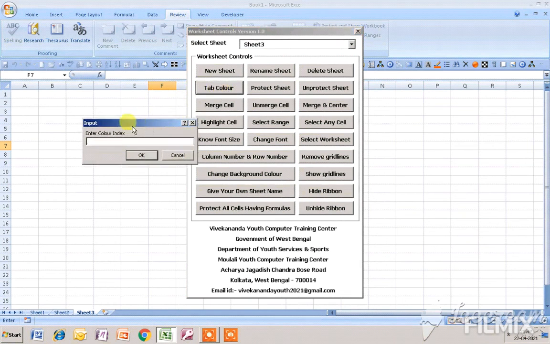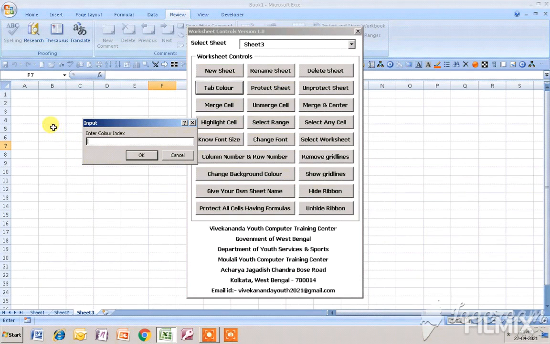and now in this input box I have to give the color index number. If you don't know what a color index number is, I request you to please see the video that we have published related to color index number. After seeing that video, I think you will know what it is.